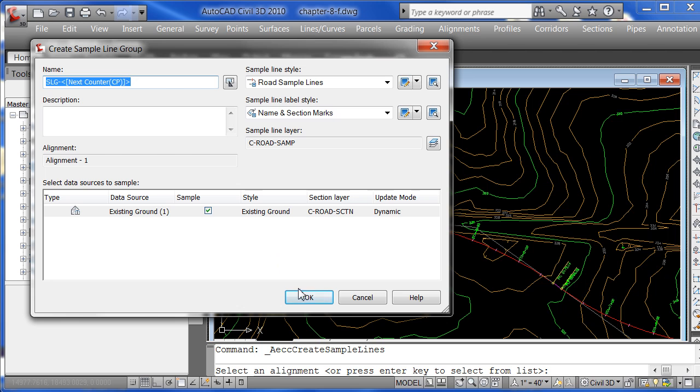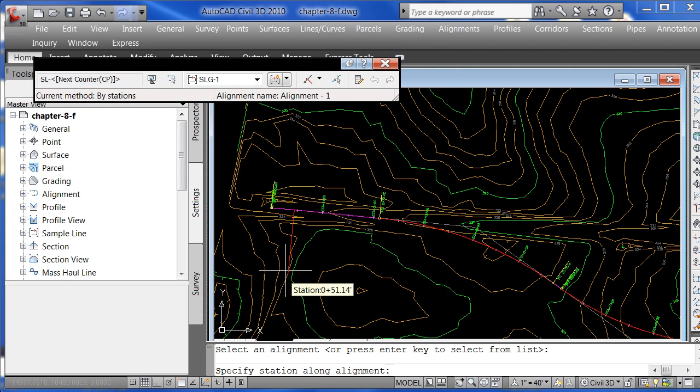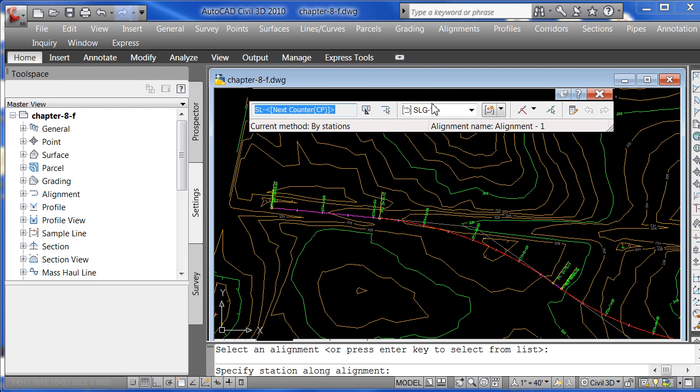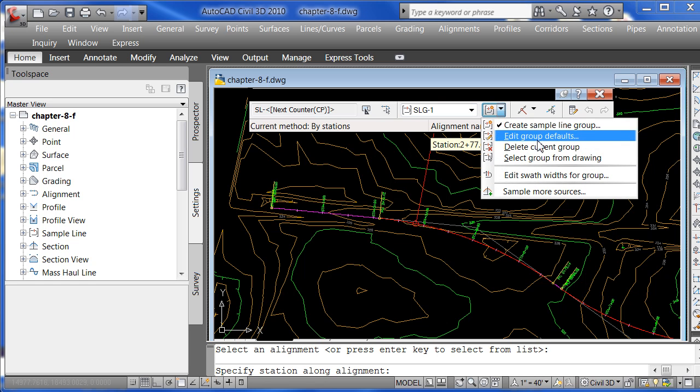And let's just go ahead and click OK. And then up comes this little dialog box here that's really hard to see. It was just kind of hidden in there. Okay. So what we want to do is we want to sample the line, and we want to sample them by a range of stations. Okay. And so let's sample by,